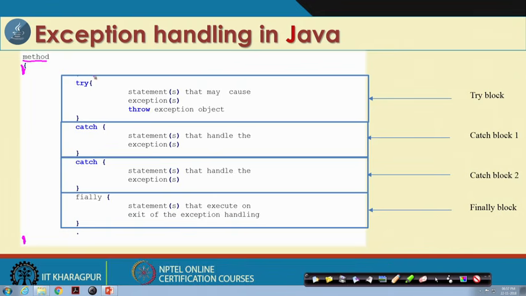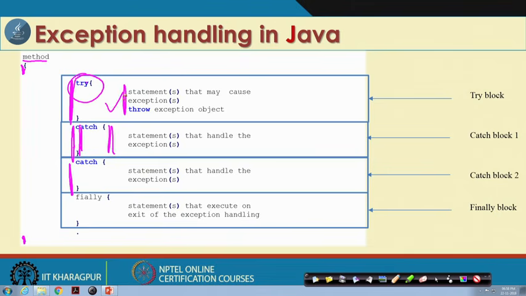Now, here try will take care. So, try can check that these are the possible sources of error in a program. Whatever code is under scanner, we can put into this block, which is called the try block. Then, for many errors there are many different types of exceptions. For each error and corresponding exception we can plan a catch. If it is a divide by zero error, a null pointer error, or an out of bound error, for each error we can mention a catch. That means if an error occurs, this block will take care of what to do.